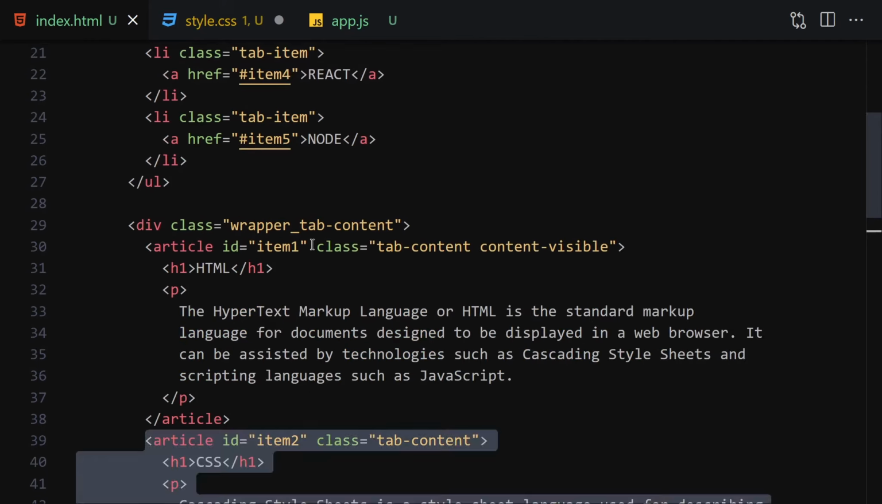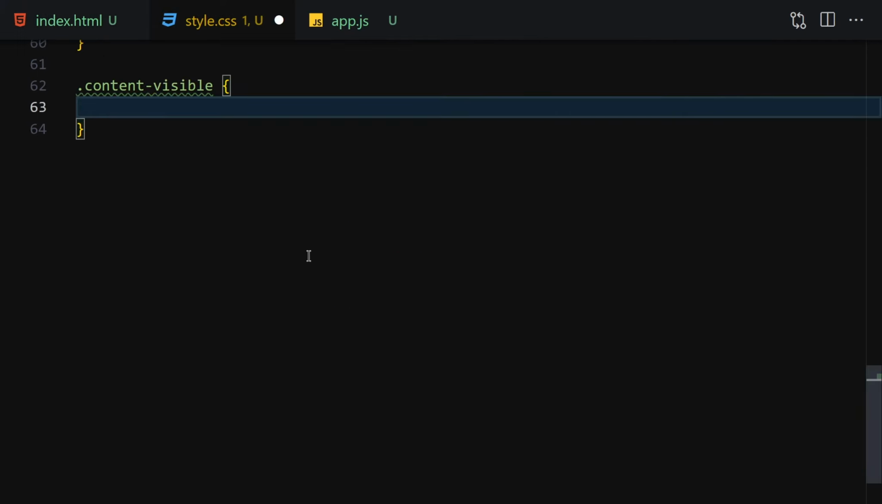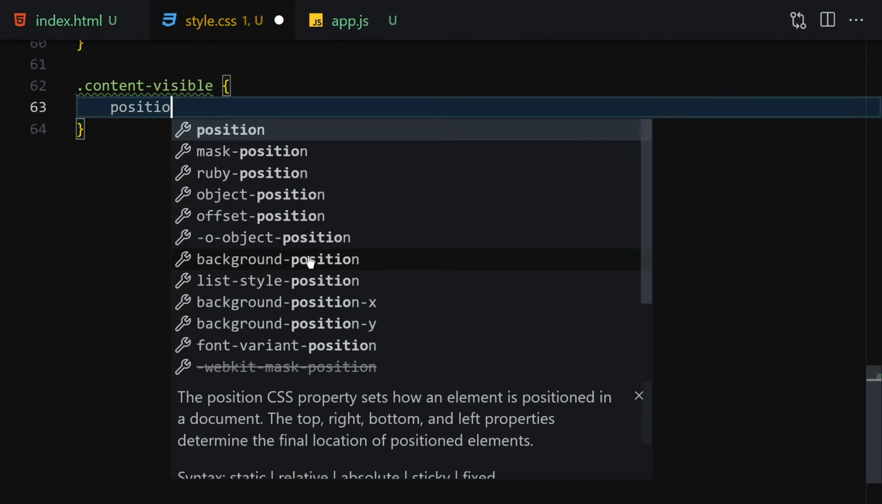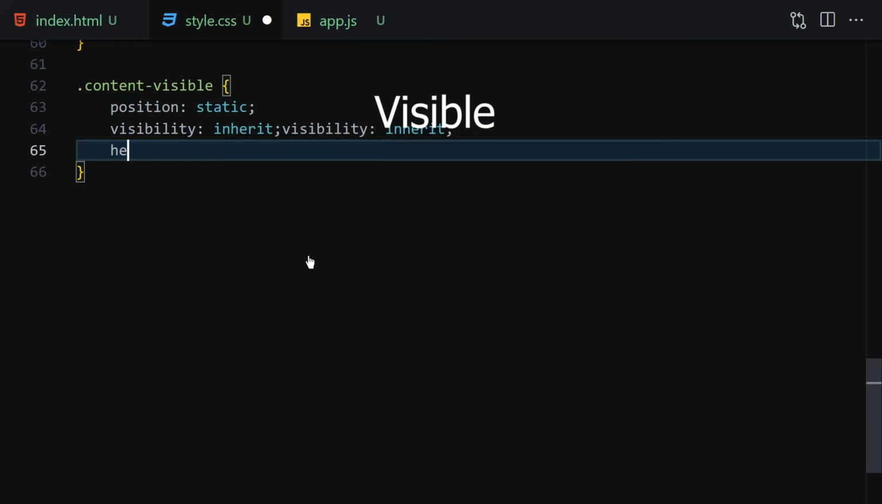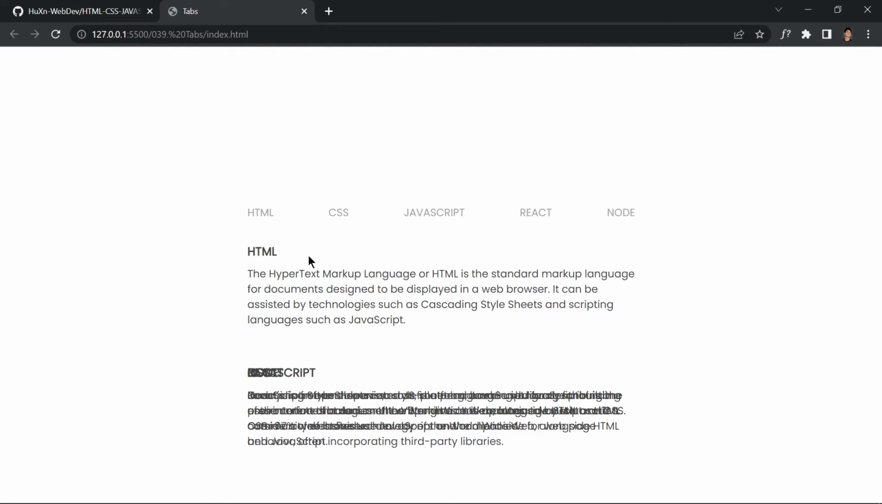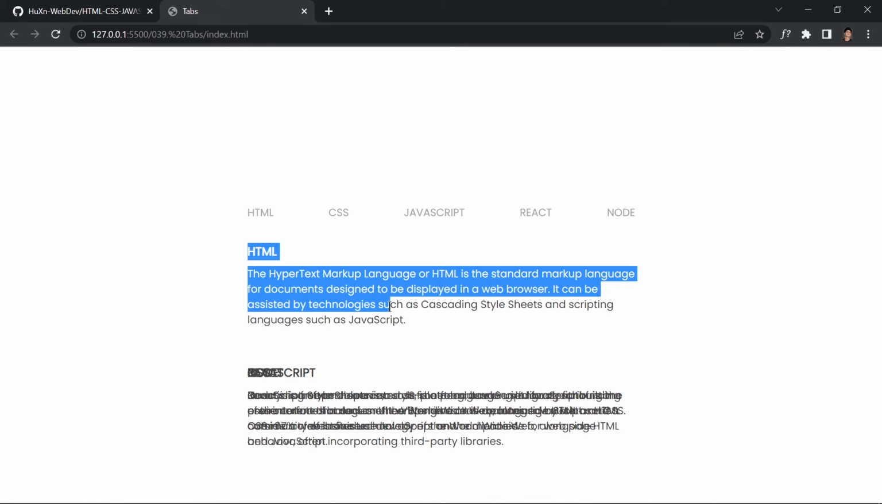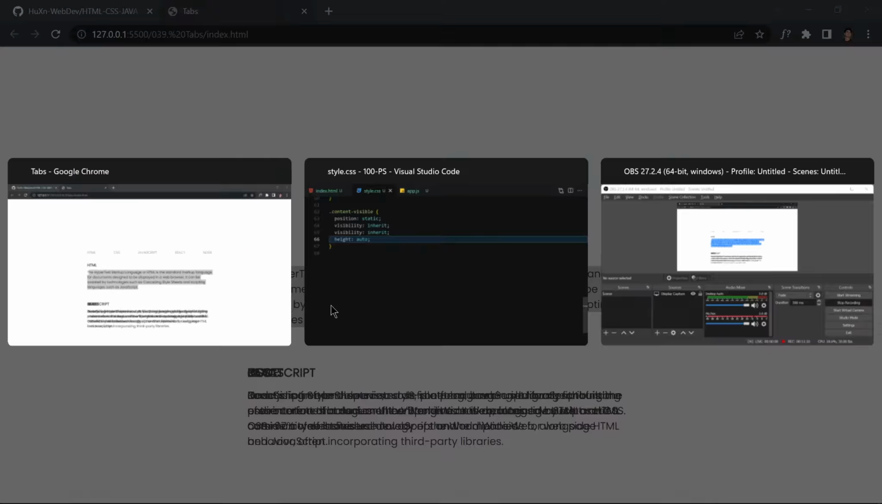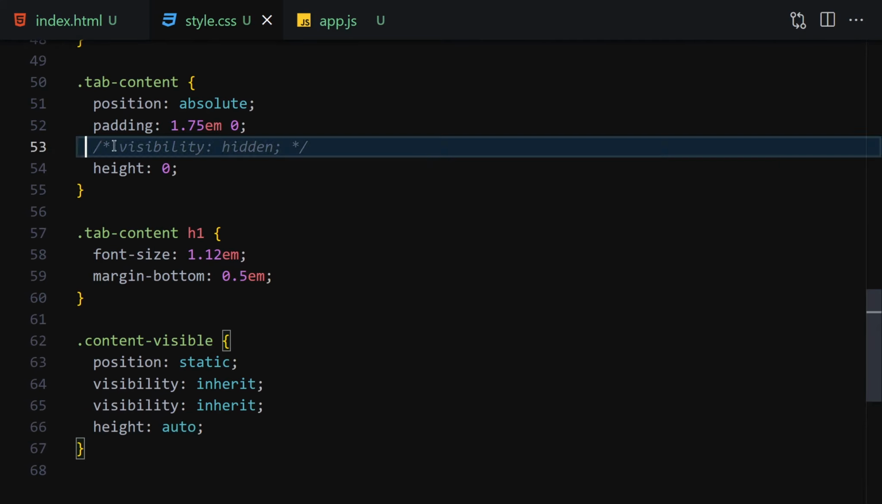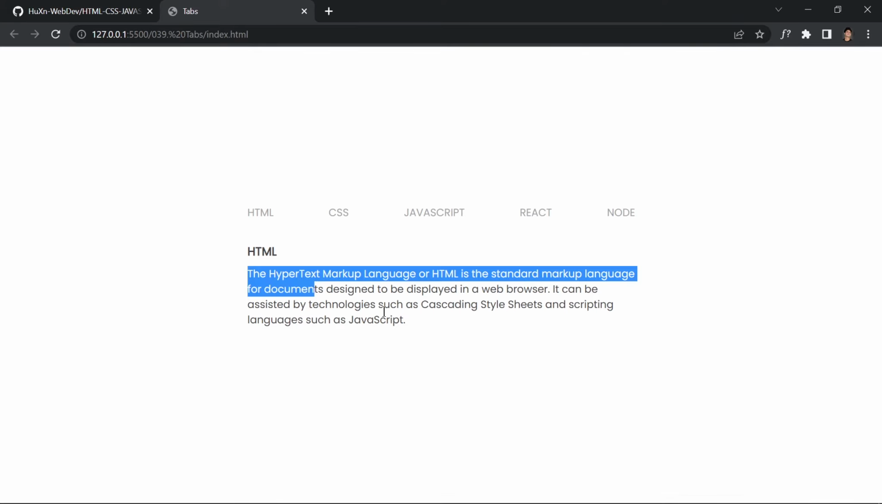Okay, so now let's select that, we already selected them, and here we are going to provide a position of static, visibility will be visible, and height will be auto. Okay, so once we save it, alright, here you can see we can now see the first one, and this one will be a static one, and the rest of them will be hidden because we just hid that right here. So let me make it visibility hidden, and now